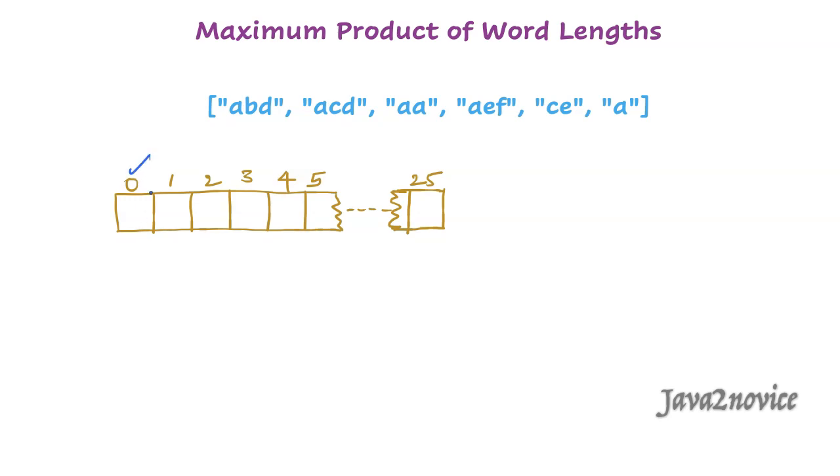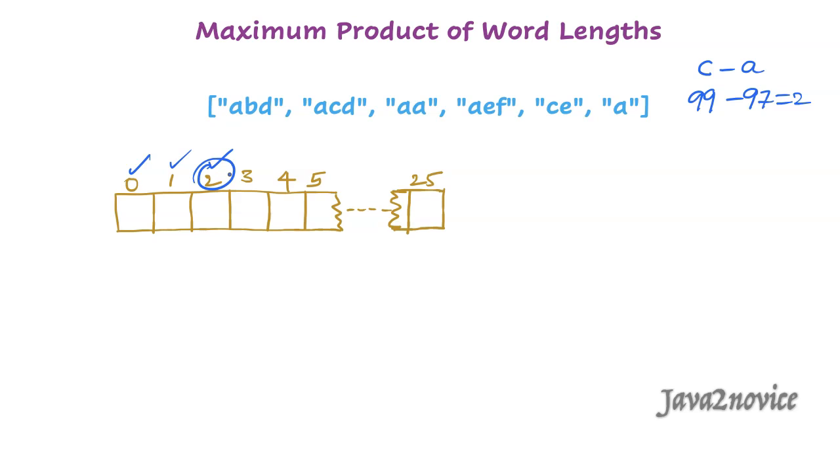Each index in this array represents one alphabet. Index 0 represents alphabet A. Index 1 represents alphabet B. Index 2 represents alphabet C, and so on. Now, how do we identify the index for a given character? We will be using ASCII numbers for this. If we want to find the index number for character C, then it is character C minus character A. This is equal to the ASCII value of character C, which is 99, minus the ASCII value of character A, which is 97. The result is 2. Index 2 is represented by character C. This is how we will calculate the character index position.